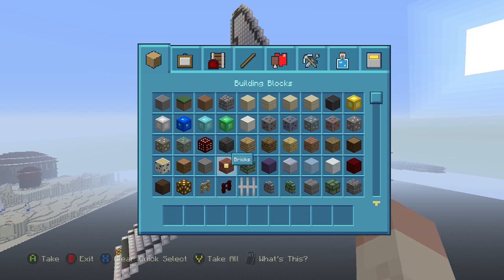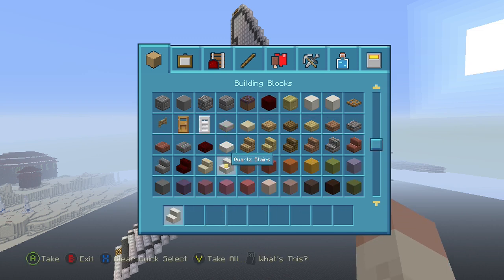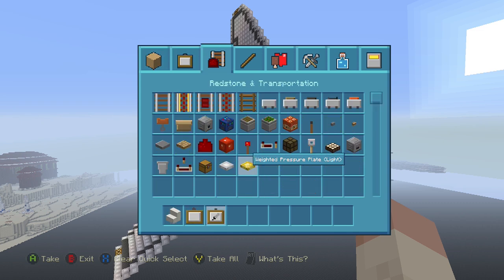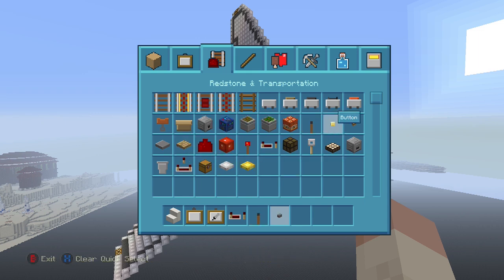So I'm going to go ahead and clear my inventory. And let's get some new stuff here. Let's get some quartz stairs. Maybe we can use some of those. We're going to need some picture frames. Maybe some item frames. Some redstone. Some levers. Let's see what else. Yeah, we'll get some more buttons. We will need a piston